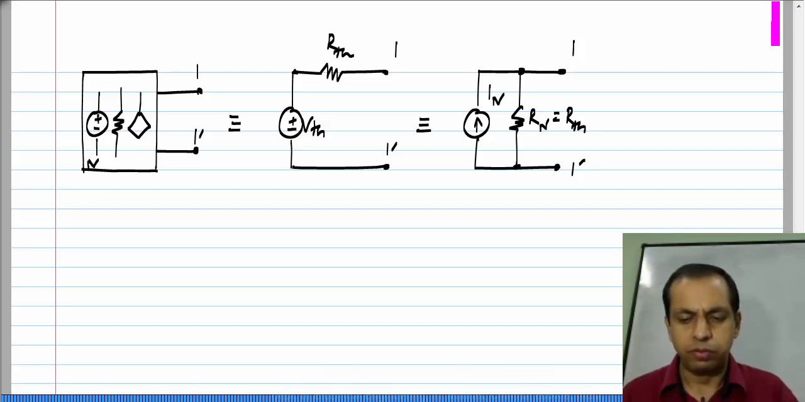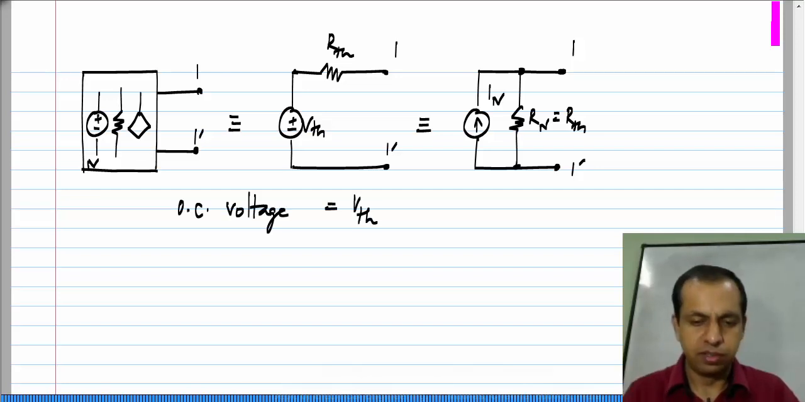Now, one thing I want to point out is the relationship between the values VTH and IN. These two are also exactly equivalent to each other. That is what it means, right, because this circuit is equivalent to this, which is equivalent to that. So, these two are also equivalent to each other, or the relationship between IN and VTH can be easily found out by considering the open circuit voltage between these two. Okay, because this circuit should also have exactly the same open circuit voltage as this one, if they are to be equivalent. The open circuit voltage in this case, in the Thevenin's case,